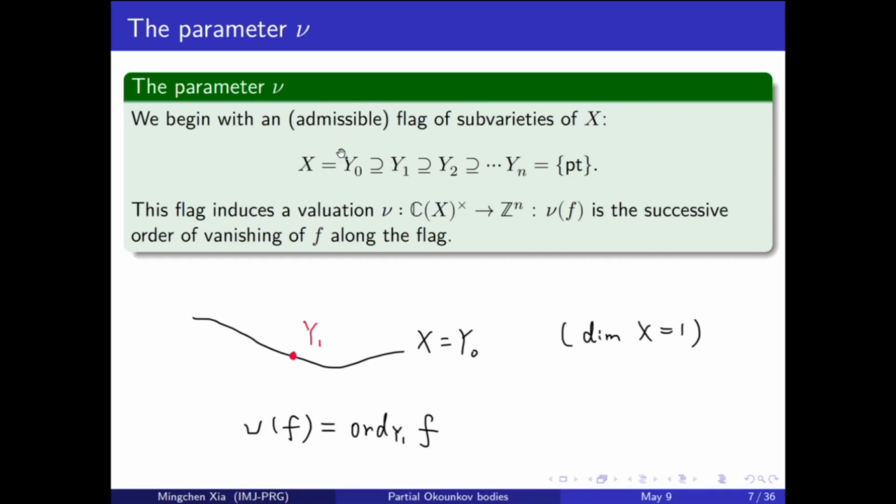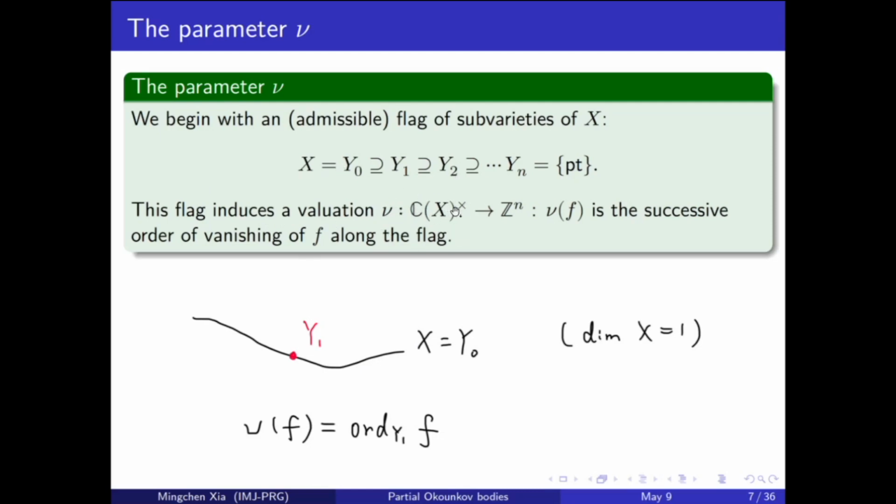A flag simply means a flag on X. That means a family of subvarieties, Y0 contains Y1, Y2, and so on, until Yn. Each subvariety, say Y1, has codimension 1, Y2 has codimension 2, etc. So eventually, the final subvariety Yn has codimension n, and that means Yn is a single point. We're fixing such a datum, and this flag induces in a canonical way a valuation on the function field of